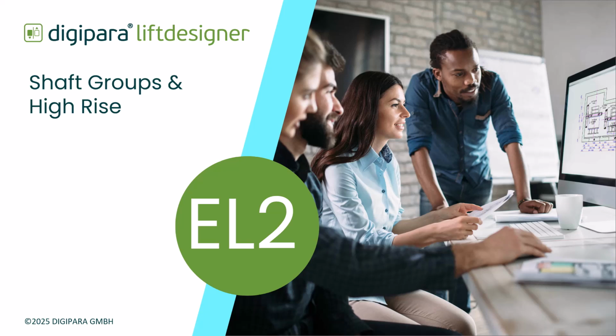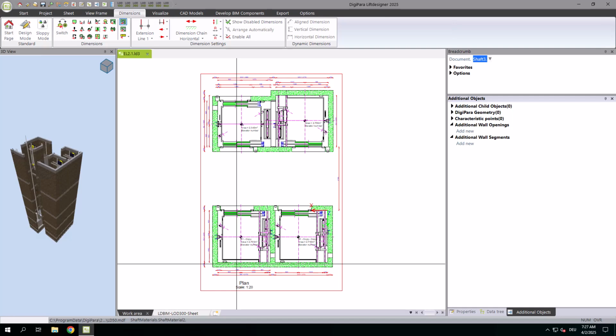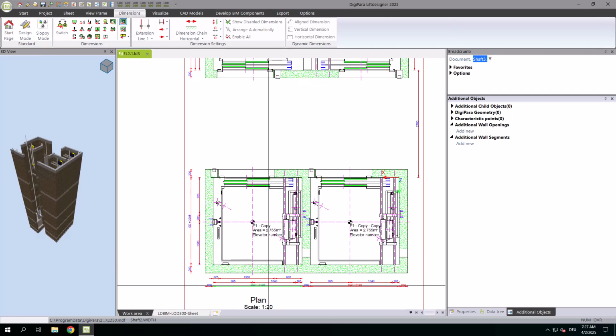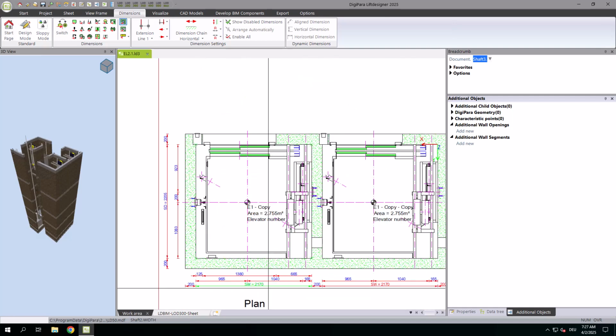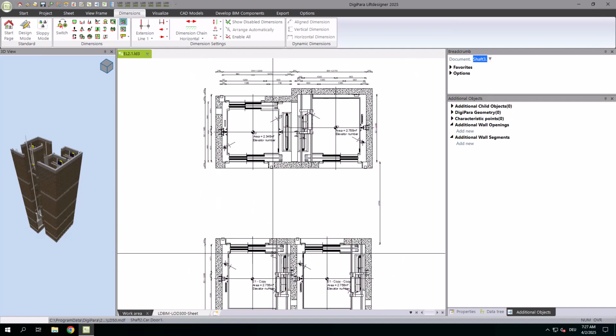In this video, I will summarize the EL2 playlist for shaft groups and high-rise, covering key features for optimizing elevator design and performance in DigiPara Liftdesigner. Creating shaft groups can be done by copying an existing shaft or using the Group Shaft wizard, which allows for